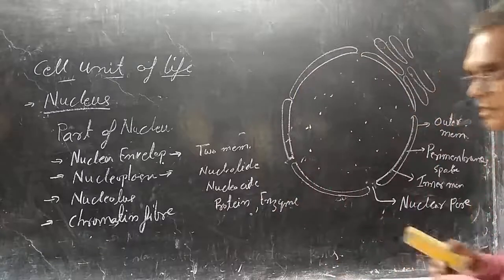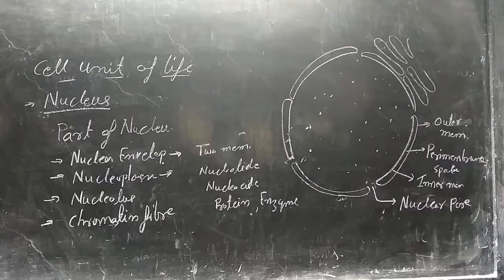That is also essential for the formation of chromosomes. जो क्रोमोसोम को बनाने के लिए जो चीजें चाहिए वो सारी चीजें यहाँ पर न्यूक्लियोप्लाज्म में प्रेजेंट होती है. न्यूक्लियोप्लाज्म contains